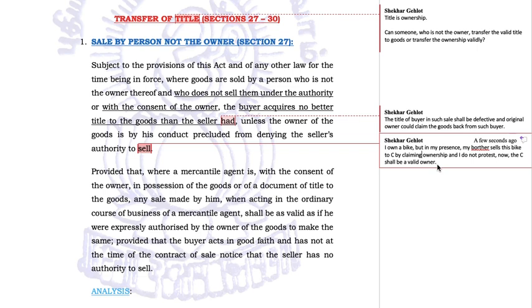I do not refute, and he accepts the payment and transfers the property. In this case, I am precluded from controverting the sale later on. I am stopped. I cannot go to the court and say that sale is invalid because I am the owner. Because from my conduct, by being present there and not refuting the sale, I have now accepted the sale. That means the sale has taken place under my authority or my consent. In such a case, he will get a valid transfer of the bike in his name.